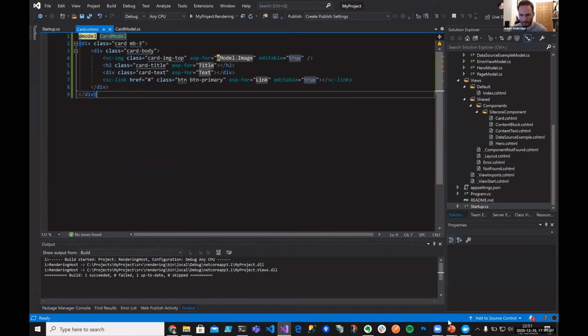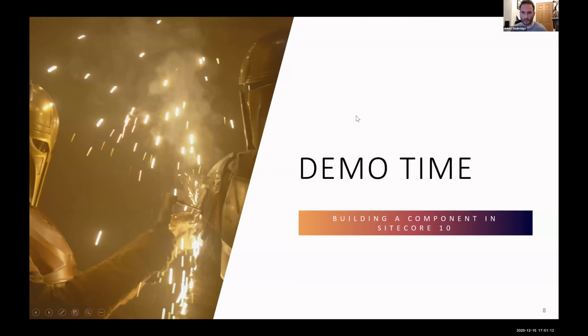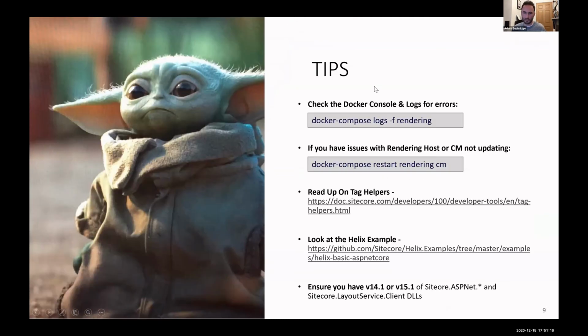All right, I'm going to jump back into the slides. I've got a couple more slides, and then hopefully we can have any questions if anyone's got any. So just a few tips. As I said before, check the Docker console for any issues there. That's really useful to understand